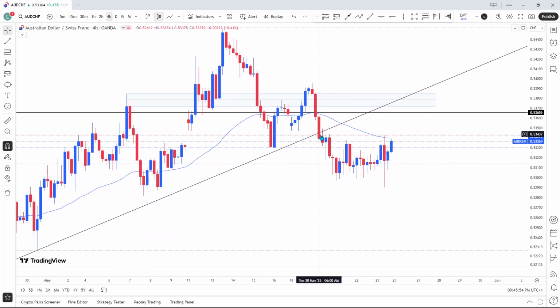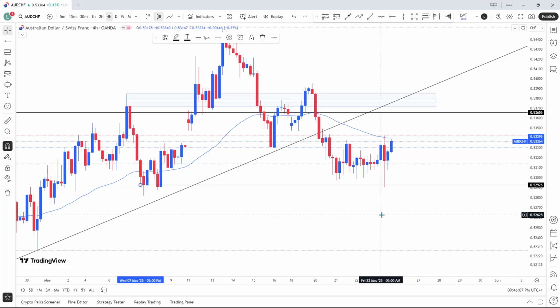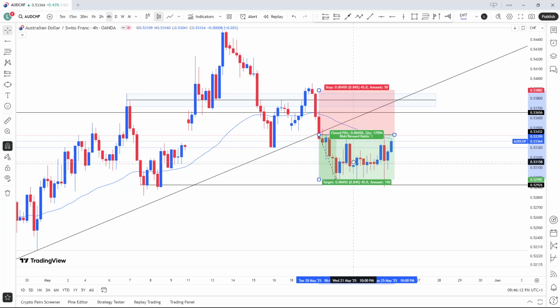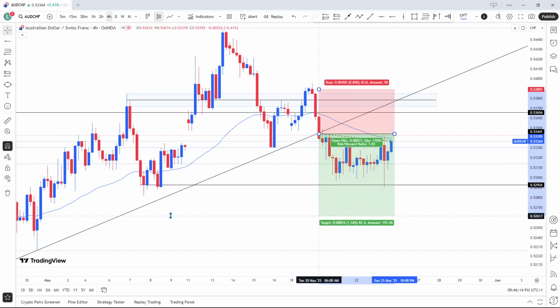You could have sold to either take out this liquidity, come tapping in down here, which it almost did. I wouldn't have gone all the way. I'd have just tapped into somewhere here, which eventually, following the dotted line across, we tapped in and we would have hit TP. So if you'd have sold, if you wanted to take that risk and take the sell all the way down